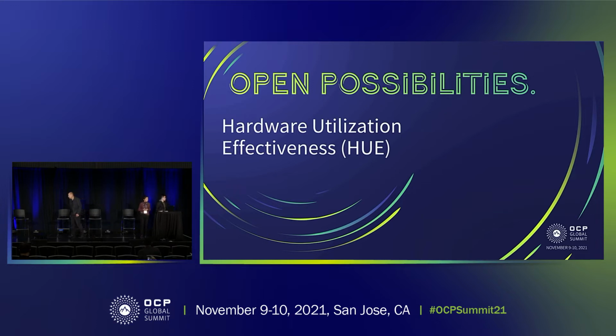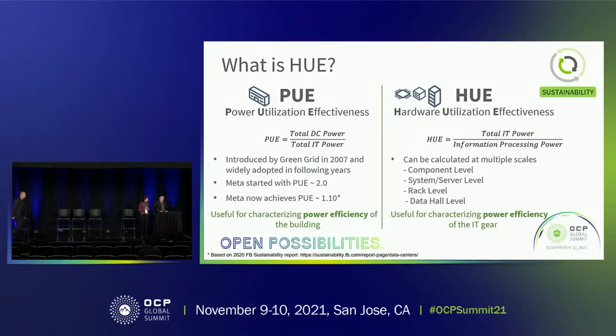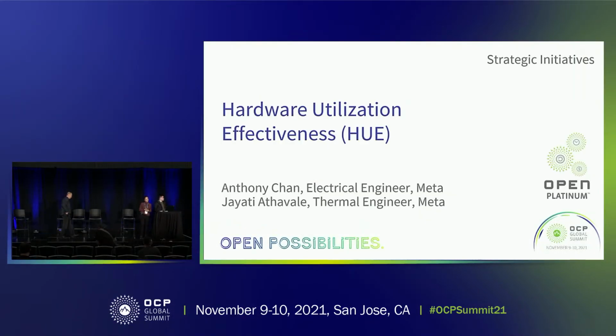Today, we are going to be introducing a new metric called hardware utilization effectiveness. To give a little bit of background here, with the growing trends in energy consumption in data centers, we have seen an increase in the highlight for energy efficiency in all aspects of data center operation. With this in mind, PUE was introduced multiple years ago, and it really focuses on how well the data center infrastructure delivers energy to its IT equipment. It characterizes the data center infrastructure efficiency, and we are able to drive improvements using PUE.